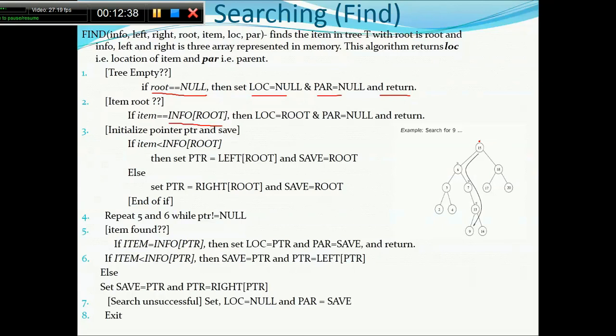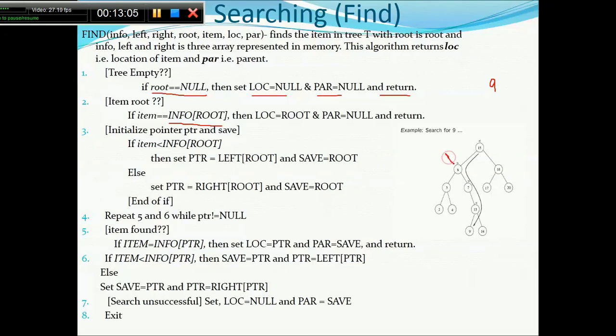Now, if this is not the case, I will initialize my pointer PTR and save. Suppose I am looking for the value 9. I will compare whether item 9 is less than the information of the root. The root is 15, so it is smaller. Then it says whatever the left of the root is, set PTR there.